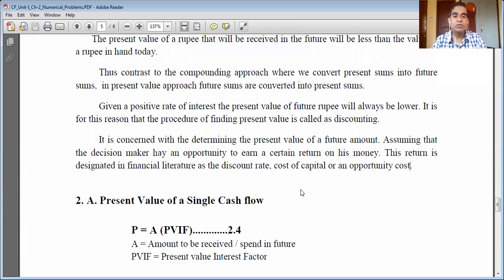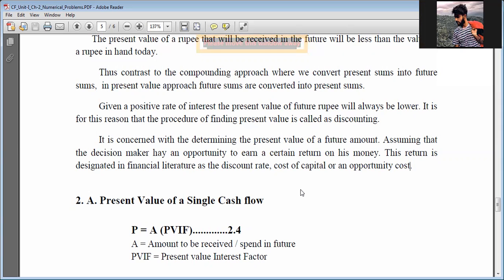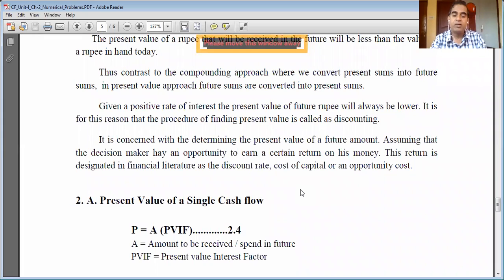Is that clear, Keshav? Yes, sir. Yes. And we'll have a lot of problems also, of what I explained. Numerical problems are also there. So you will not be simply calculating and writing a numerical answer. You are going to interpret the process of doing this. Investment decisions, especially investment decisions. Every numerical is like a case study only.